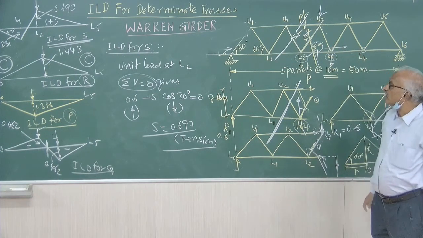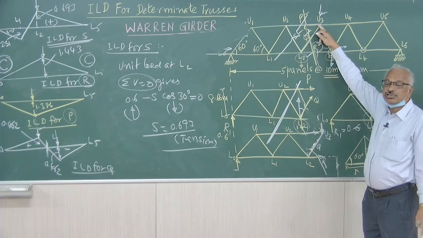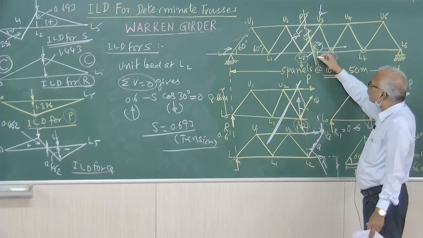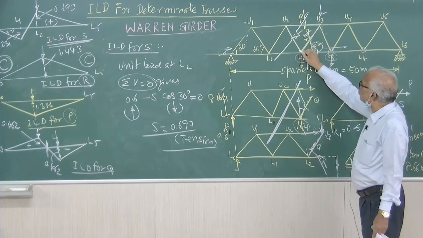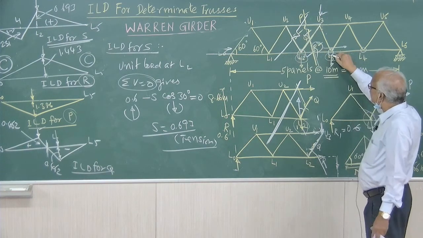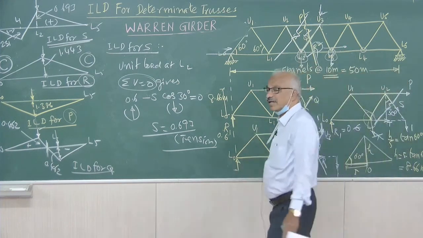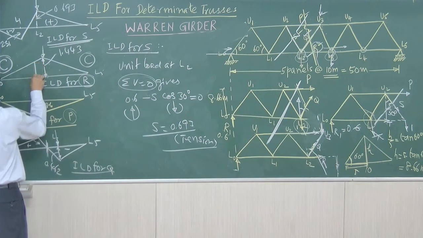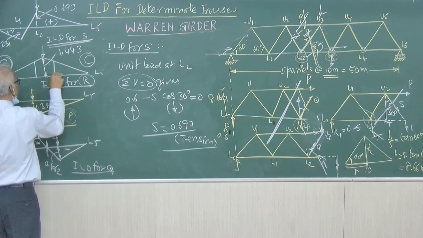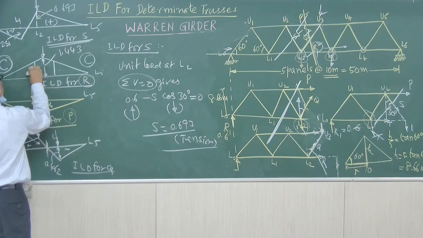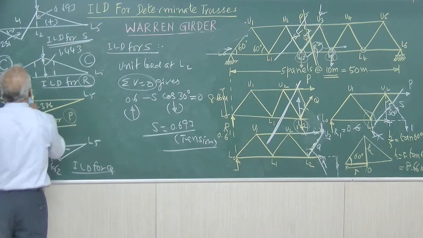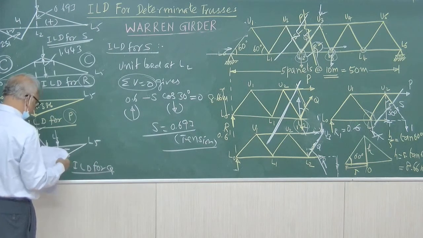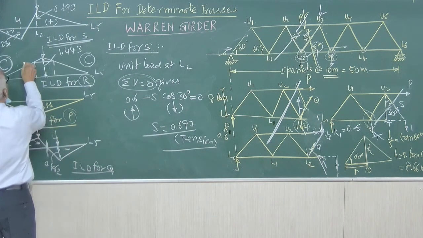Right. Therefore, when the unit load is applied at U3, for our calculations, you have to apply a correction factor. That is, when the unit load is at L2, what is the ordinate? When the unit load is at L3, what is the ordinate? That we have missed. Therefore, at L2 we draw the ordinate, and also at L3. We have to find out the ordinates, and these two you have to connect. And the value happens to be 1.154.